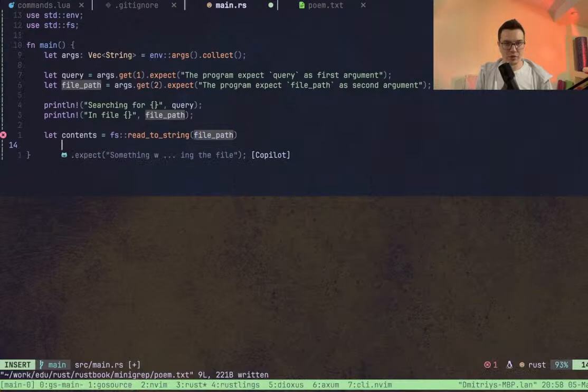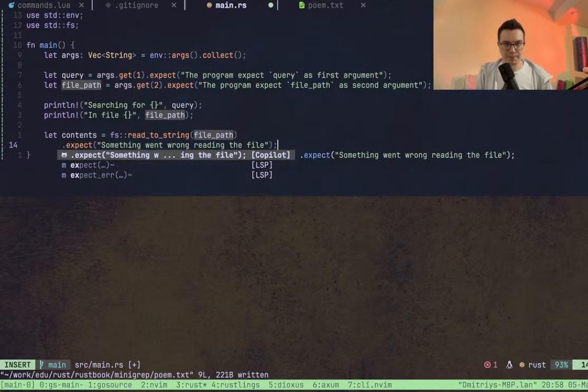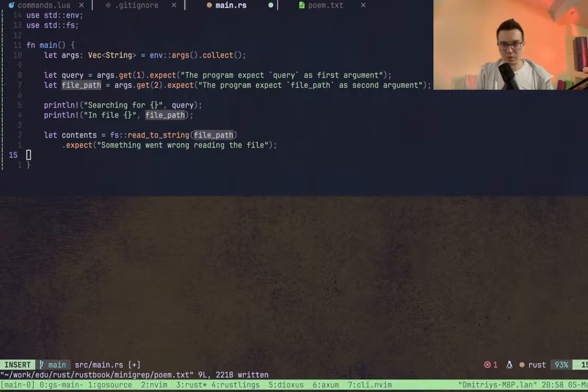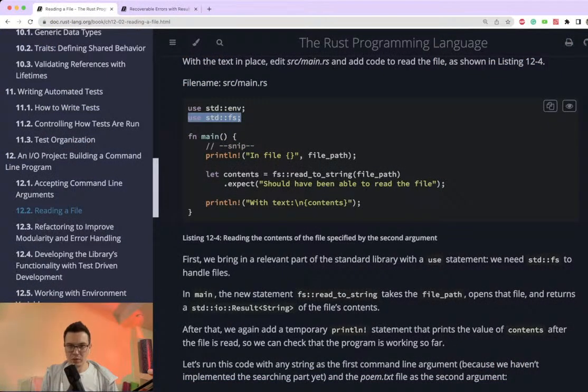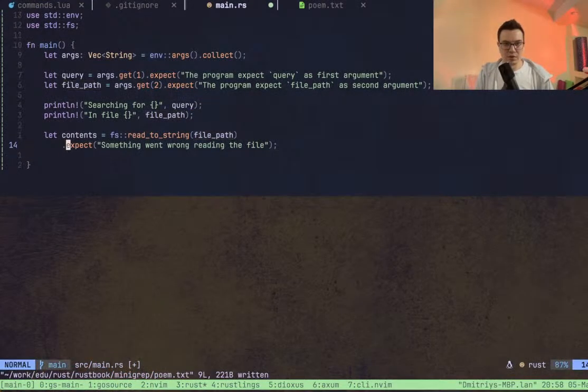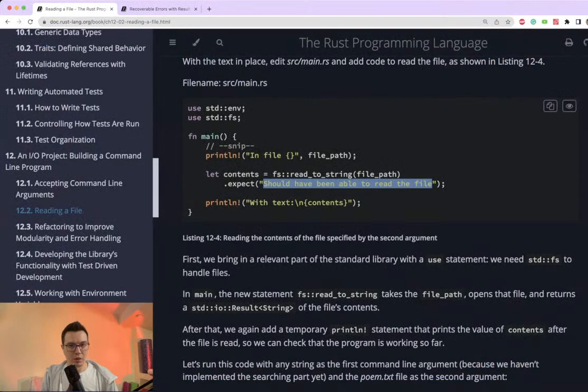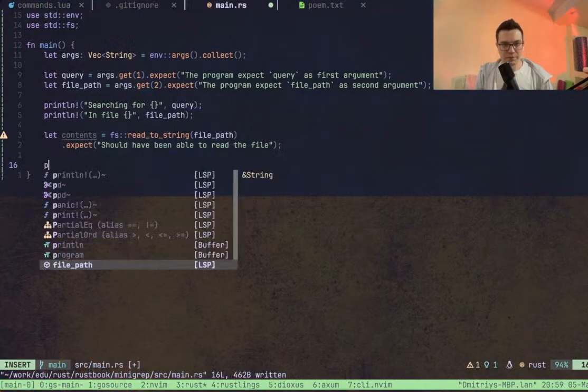Yeah, and here you see we're already using expect. Let's copy this error message. And yeah, print